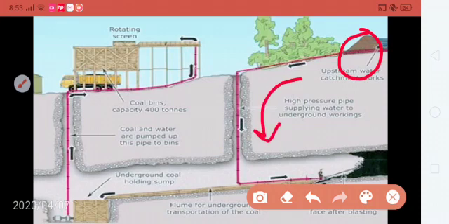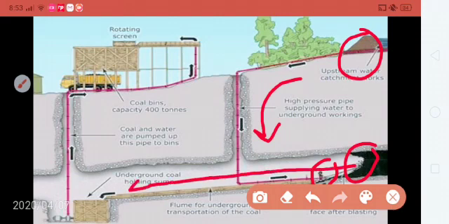And from here you can see a personnel standing with a water jet monitor, spraying water onto the face in the seam at this area. After breaking the mineral pieces on the face, these pieces are generally transported through an inclined trough into this underground coal handling sump. That is nothing but the place where the mixture or slurry of